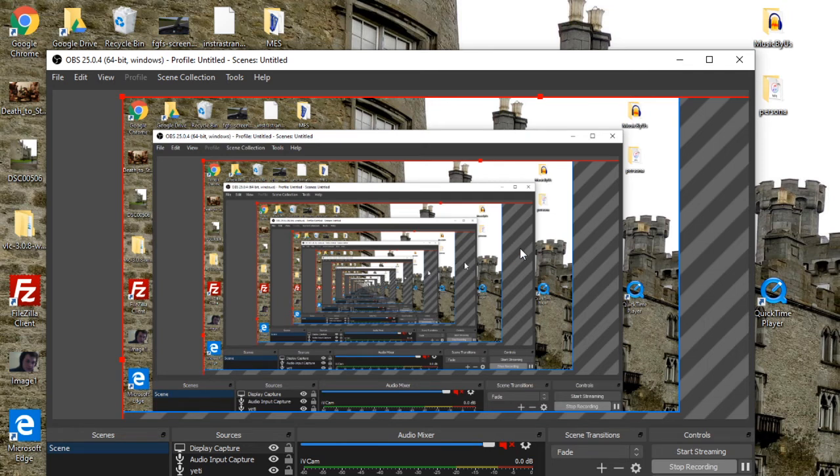Well, you just have to set up your display capture device. You have to set up your audio input, and then you have to set up anything else that you're going to use. So currently I have display capture as the top, then we have the audio input capture, which would be the mixer, and then the Yeti is what we're using for